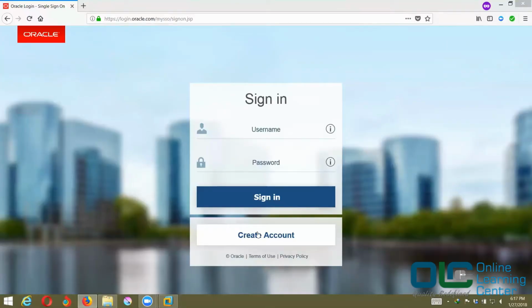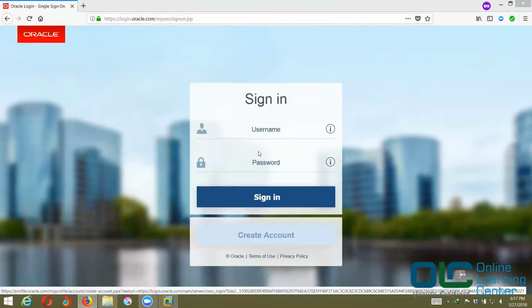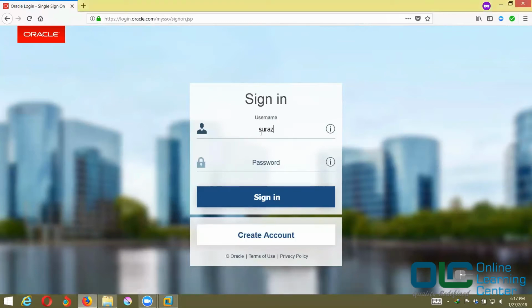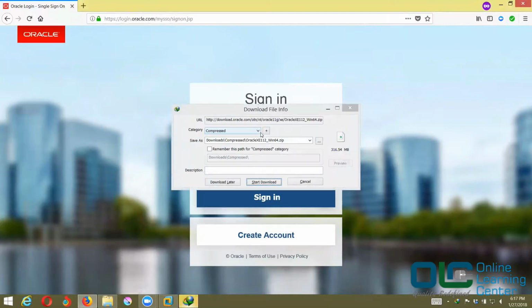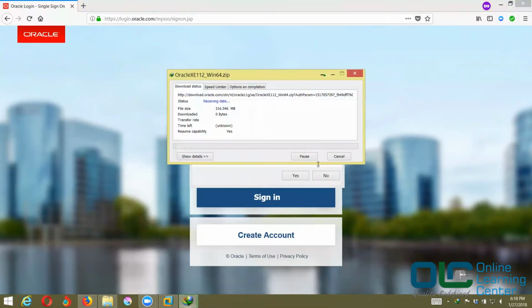If you don't have any account, you can just click on create account. I created my account long back. Let me just try it out with that. Okay, so as soon as you log in, it will start downloading the software. Say start download.